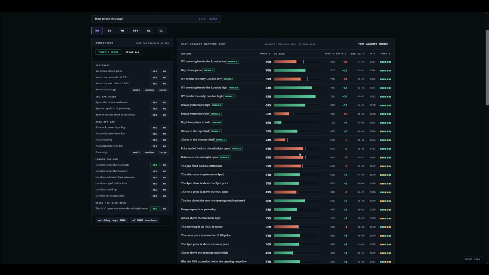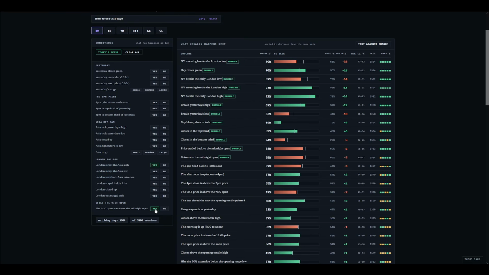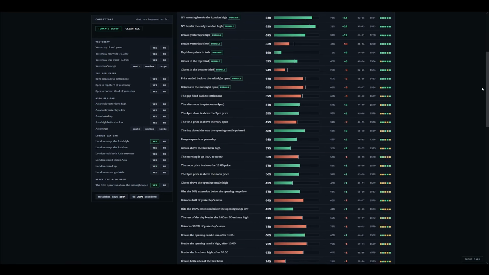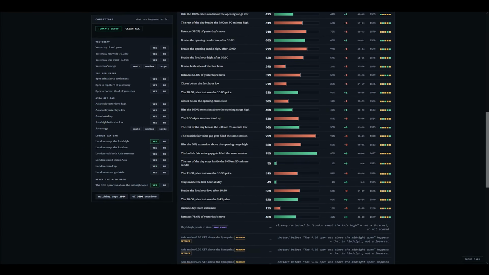So the gray lines are going to be the base rate. This is how often this happens without any selections here. So if you turn these off, it goes back to gray, right? And then you go to here, and it'll show you with these on. It actually improves your odds. And New York breaks the early London high, which is the first half of the London session. You can test it by chance to see if this is just an odd occurrence, which really shouldn't have to. And then you'll see all of these